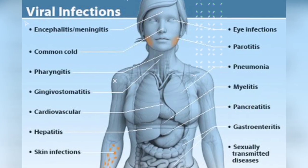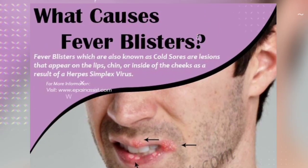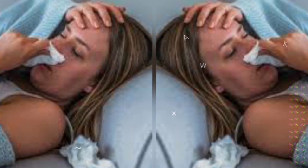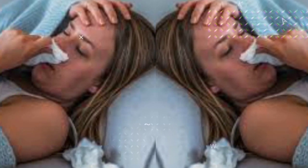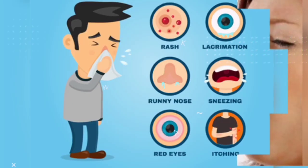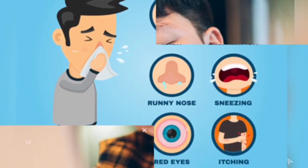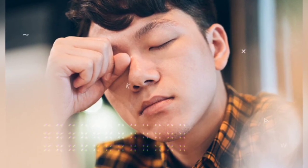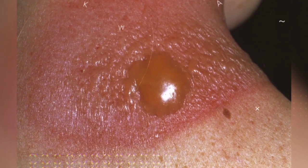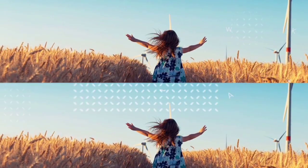Stress, viral infections like common cold and others, fever, cold, allergies, like food allergies, is an example. It comes like rash, runny nose, sneezing, red eyes, fatigue,